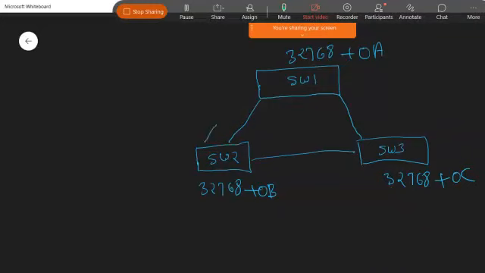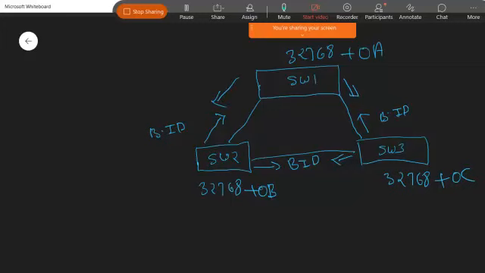All the switches are going to exchange the information about their bridge ID, right? So they are going to exchange that information with this, with this, with this. And this one is also going to exchange the same information.